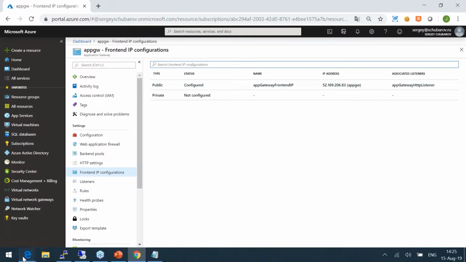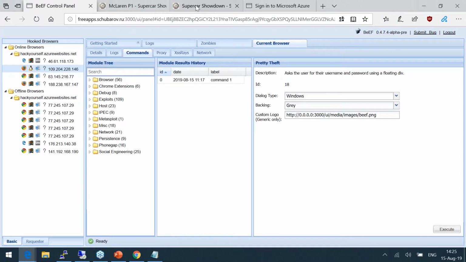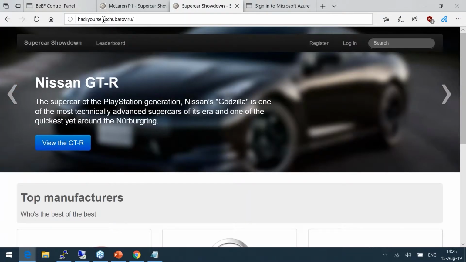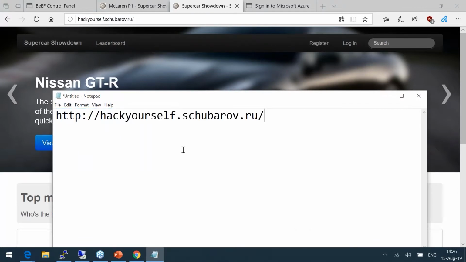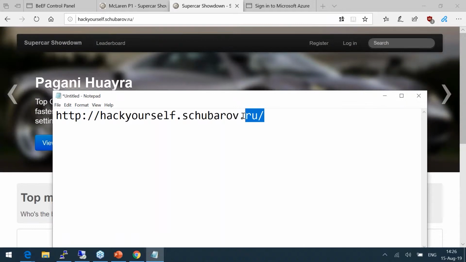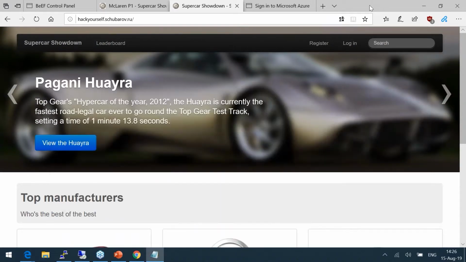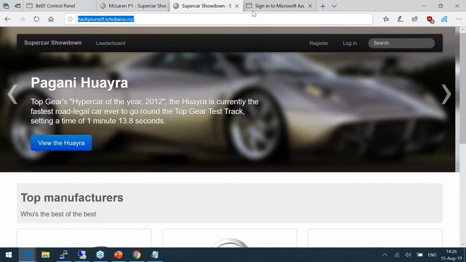All right, let's try to do the same with the firewall. So I have the same app, but as you can see here, the address is a bit different. I published this address in my personal domain in the .ru zone. You may not go there. Some people don't trust Russian domains. Anyway,